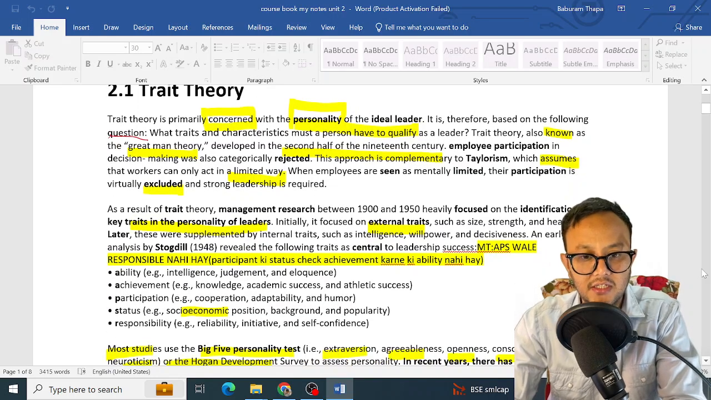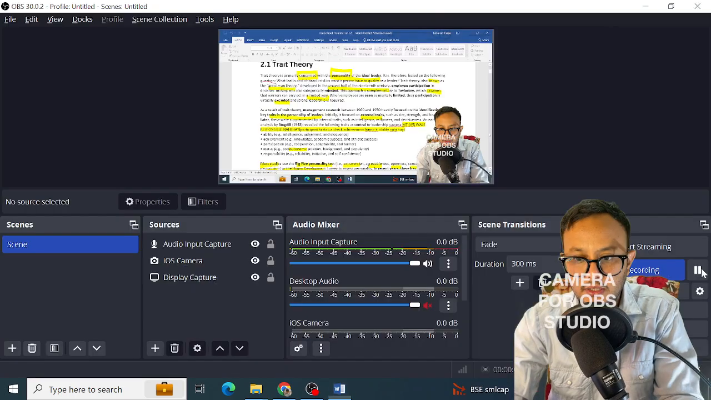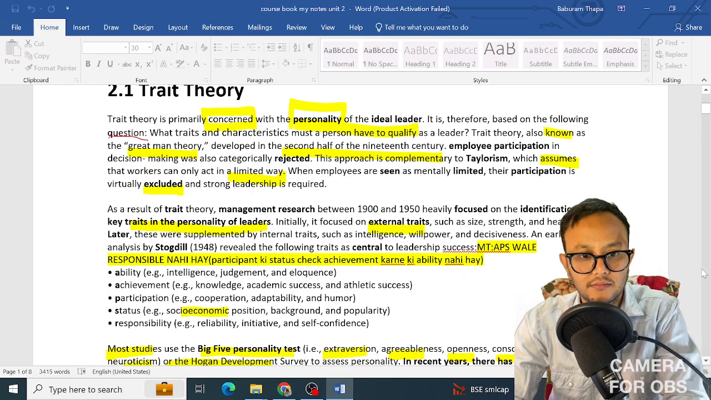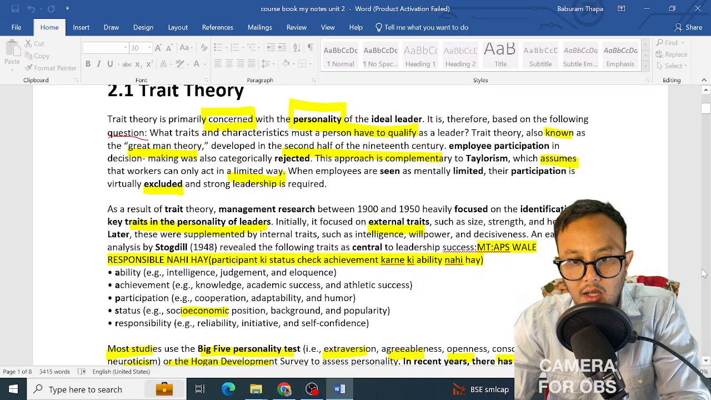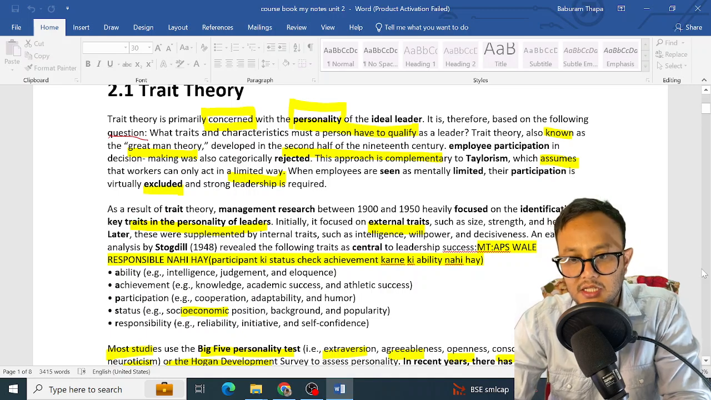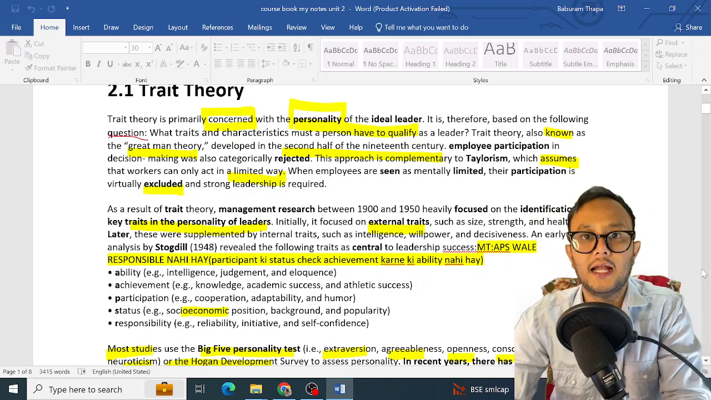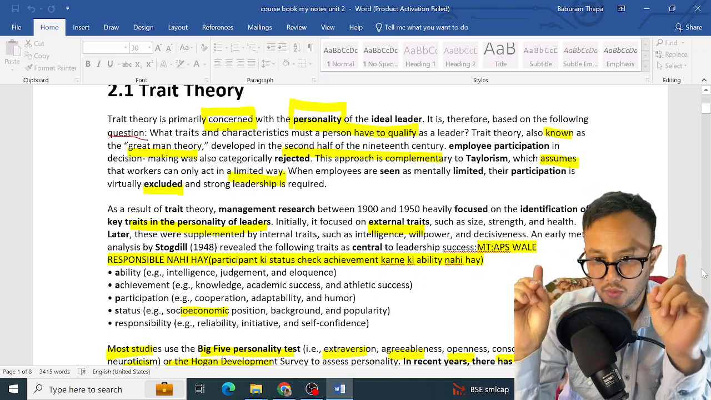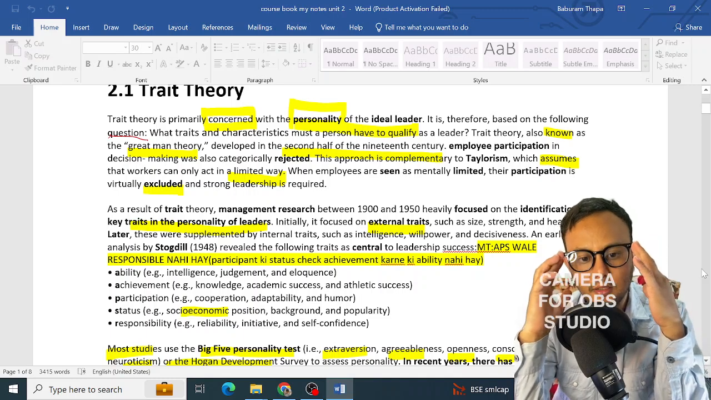It is primarily concerned with the personality of the leader. It is therefore based on the following question: what traits and characteristics must a person have to qualify as a leader? So you also can inculcate those qualities into yourself if you wish to be a leader. Trait theory is also known as the great man theory,